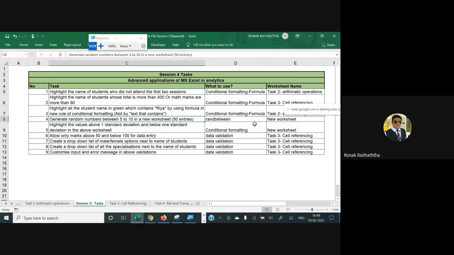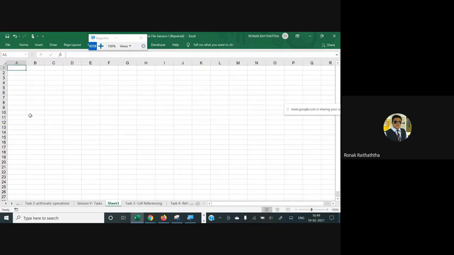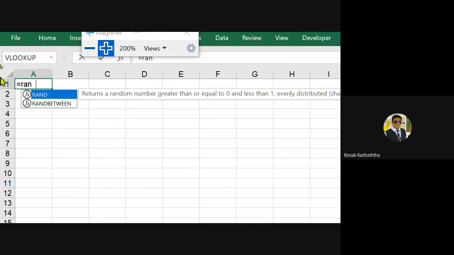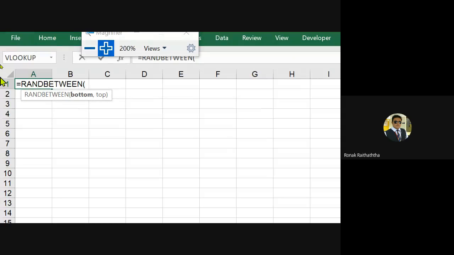Fine, no worries. Let's open a new worksheet from here. You click on this plus sign so your new worksheet is getting opened. And here we are supposed to find the random numbers from 5 to 10, right? So I'm using the sign of equal to and using the function called RANDBETWEEN. So RANDBETWEEN gives you the random numbers. Now here in this case, I would be selecting bottom as 5 and top would be 10, closing the bracket,